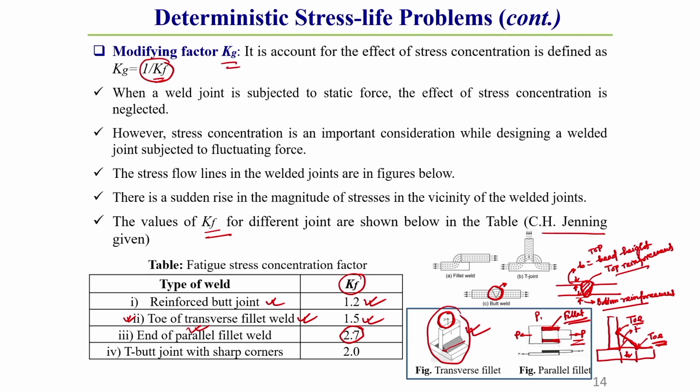the stress concentration we consider is a little higher, its value is 2.7. Now, for T bar joint with sharp edge, what does T bar joint mean? Let us consider that this is an inverted T. Bar joint I have already explained. Bar joint means if the welding is done in between two surfaces, at the faying surface, that is known as bar joint.